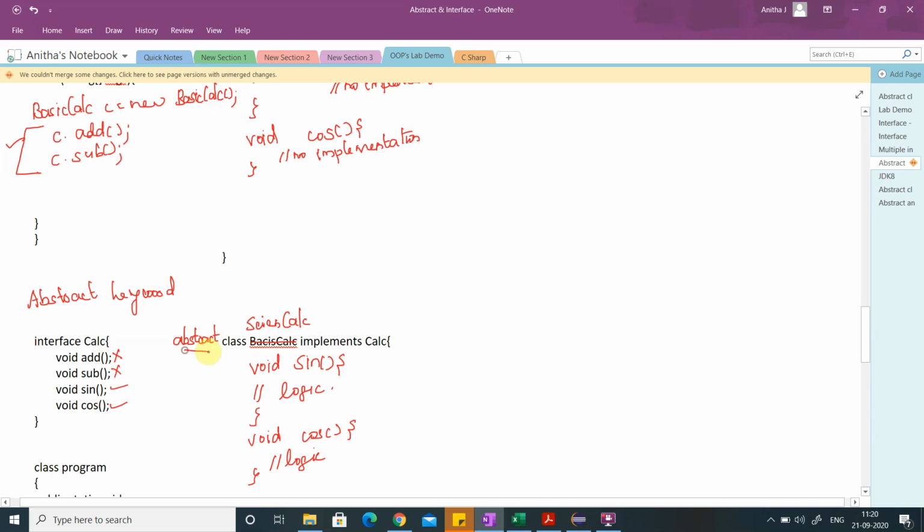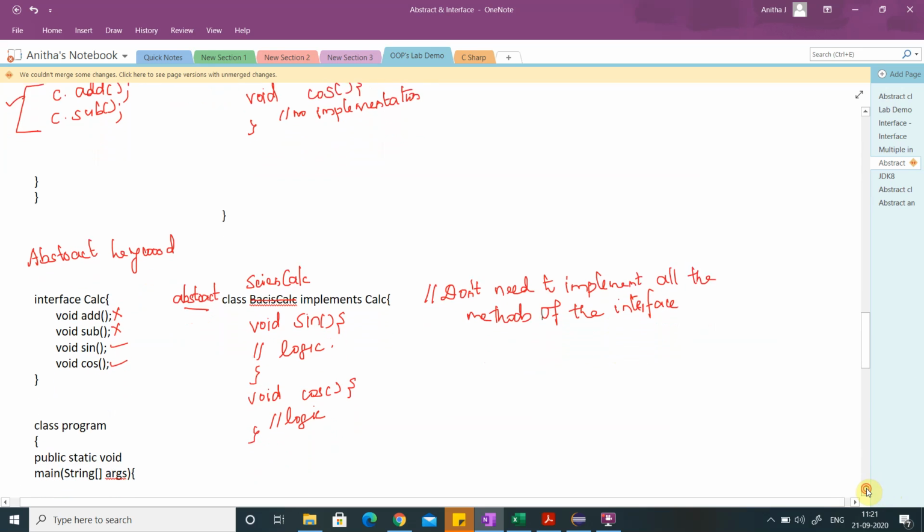If I put the keyword abstract here, I don't need to implement all the methods of the interface. This also achieves the partial implementation.